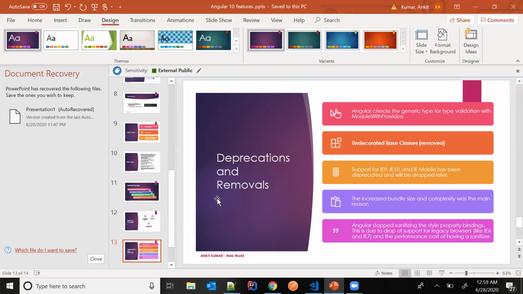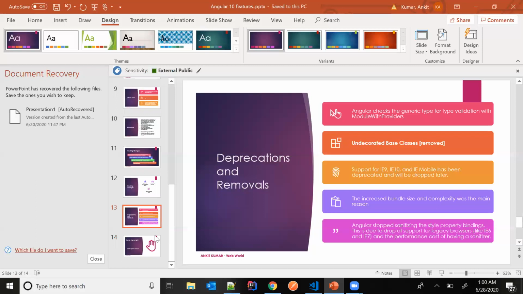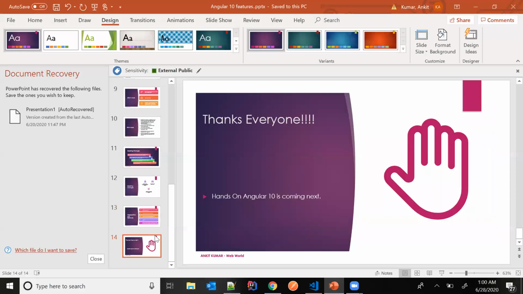These are considered to be somewhat different browsers, and they had many different style capabilities which required sanitizing in order to stop any kind of vulnerabilities from outside. As Angular is no more supporting IE 9, 10 and prior versions, there is no need of sanitizing any of the style properties. So that's all from my side with the new features that has